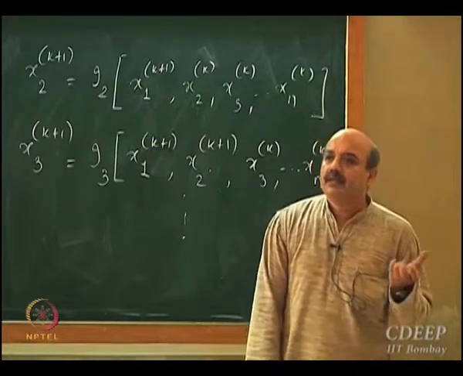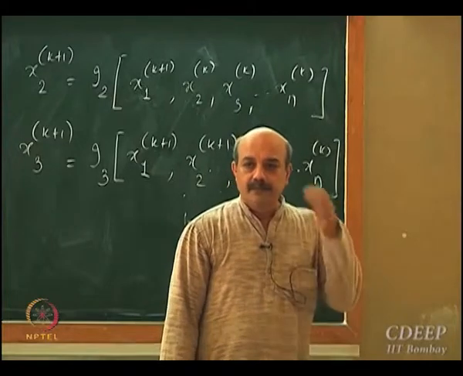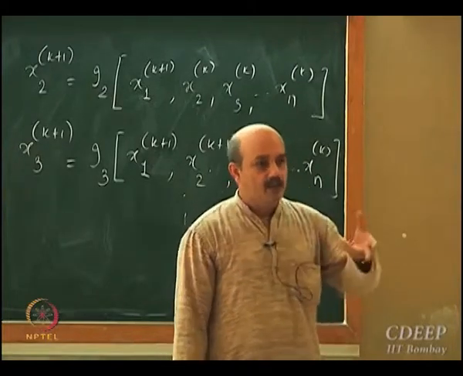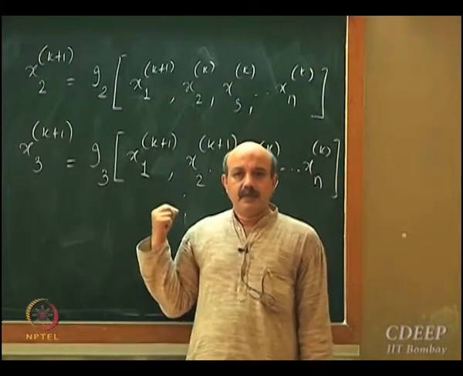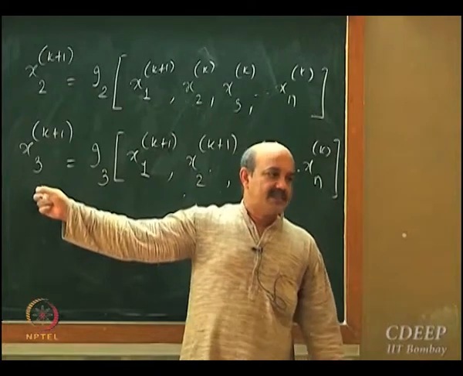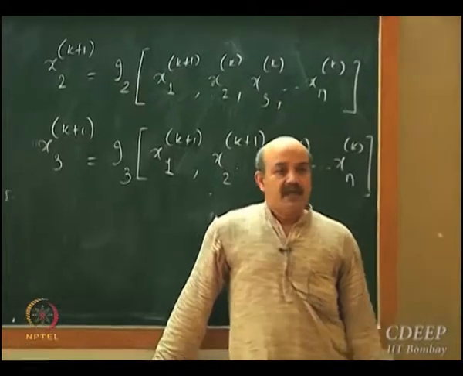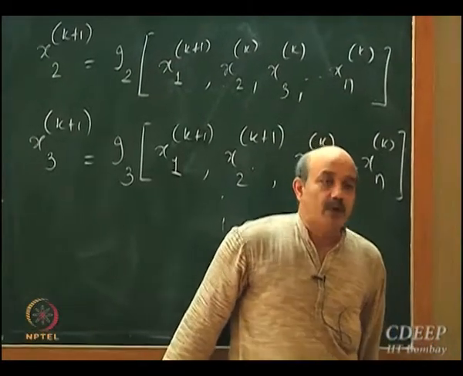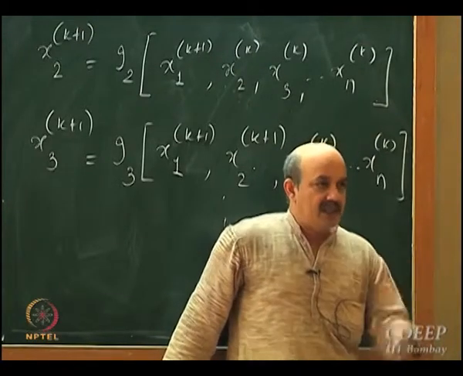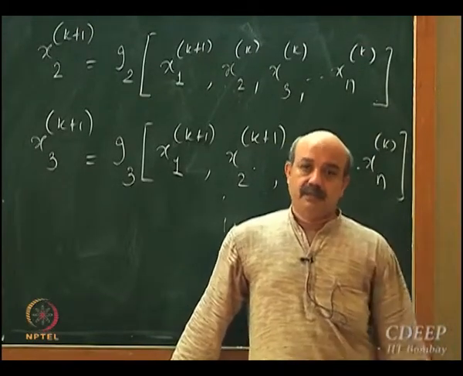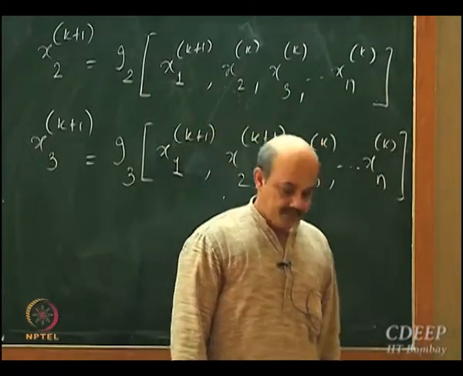How will you create the iteration for the relaxation method? X new will be xk plus omega times the Gauss Seidel step, where omega is greater than 1 or less than 1 depending upon the case. Here it is difficult to say whether the convergence will occur between 0 and 2 and all that. It's not possible to say here. In the linear case, we could give necessary and sufficient conditions for convergence. It is not possible to do that here.